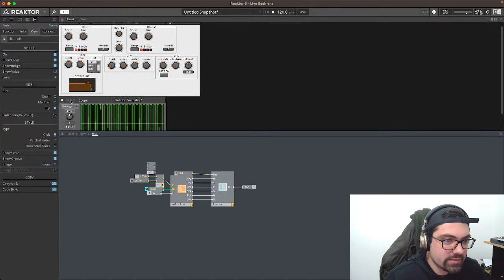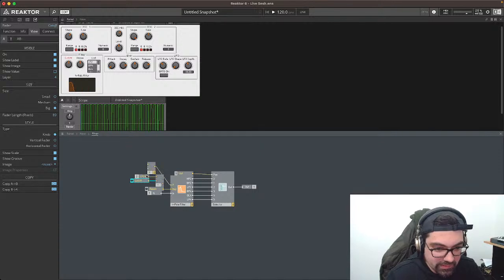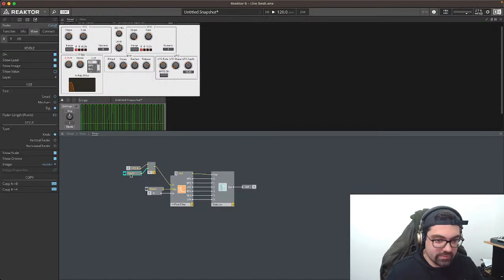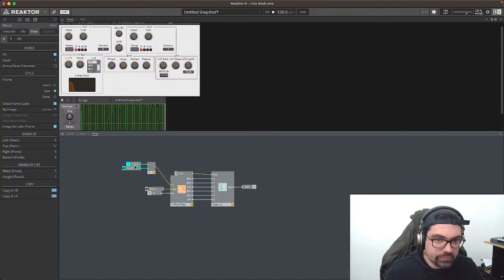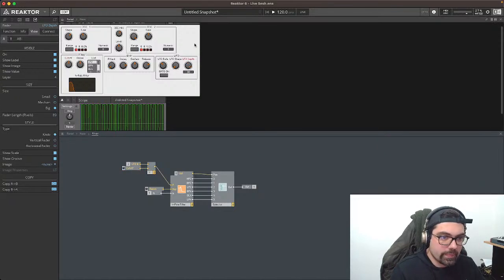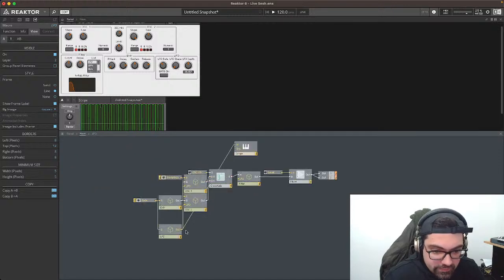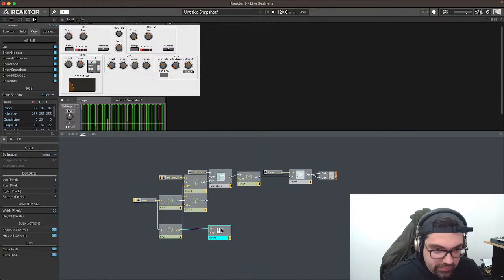Now, resonance. Let's remove the resonance. Yeah, it's not moving. It means that it's not being affected by the LFO yet. So let's multiply. And multiplying doesn't give me anything as well. It should. Where's the scope going? It's going from here. Okay, so we're taking the LFO,